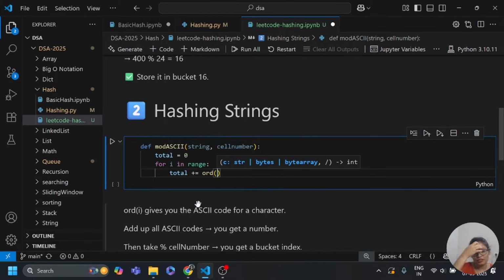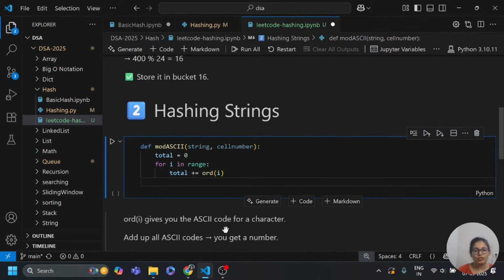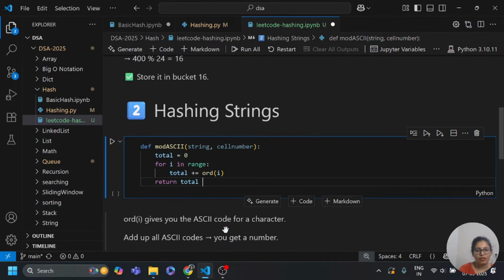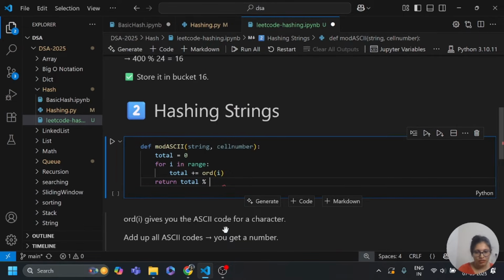Ord means you get the ASCII code of i numbers. So here you can return total modulus percentage whatever cell number.